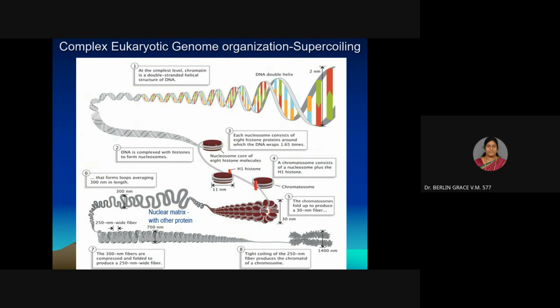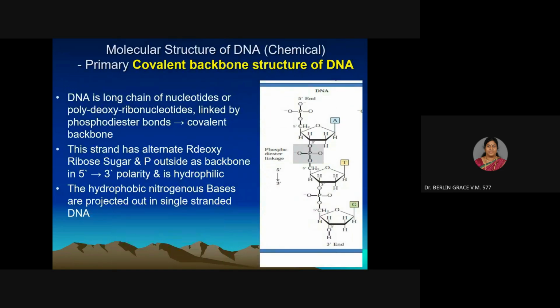The complex eukaryotic genome organization, supercoiling again, it will condense as shown in the diagram and arranged as a chromatin and chromosome. The primary structure, if you look at, it is having a covalent backbone structure. You might have studied with the